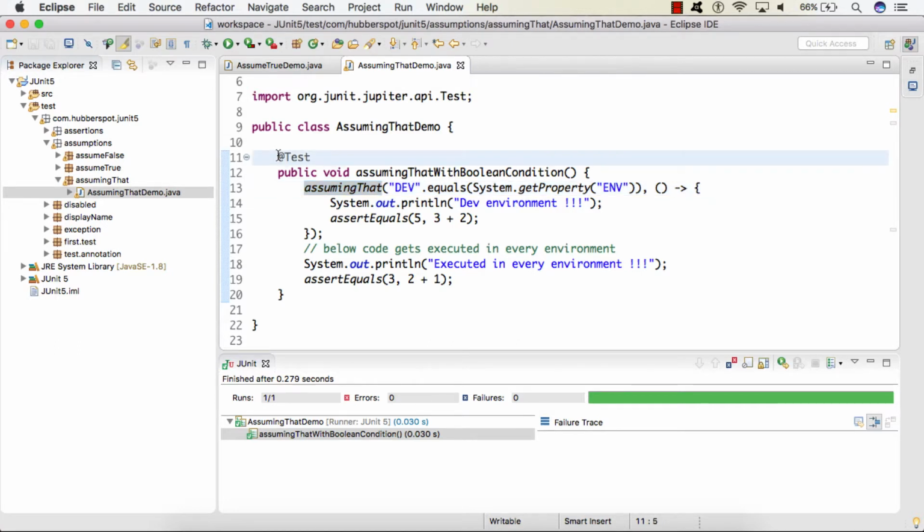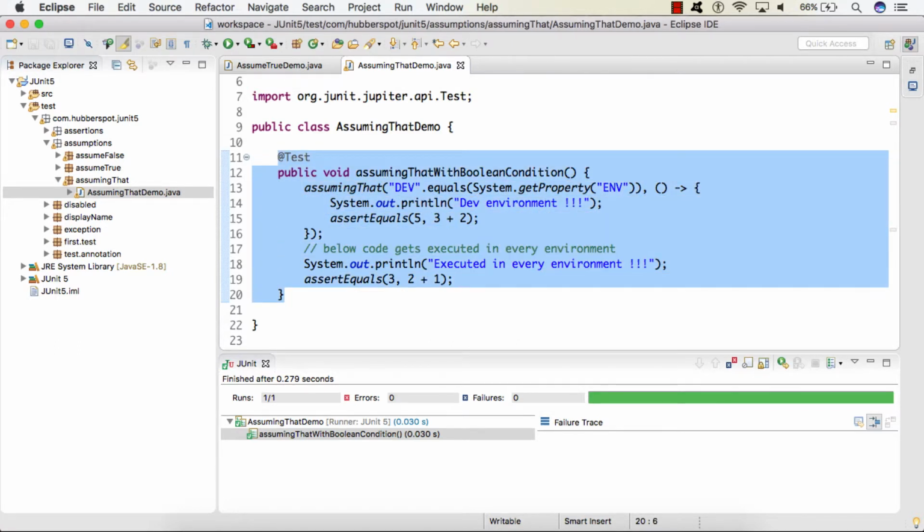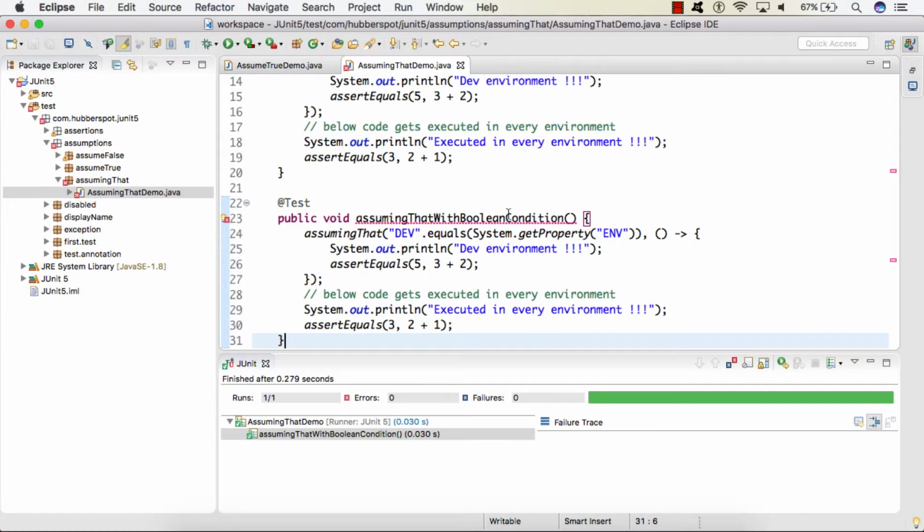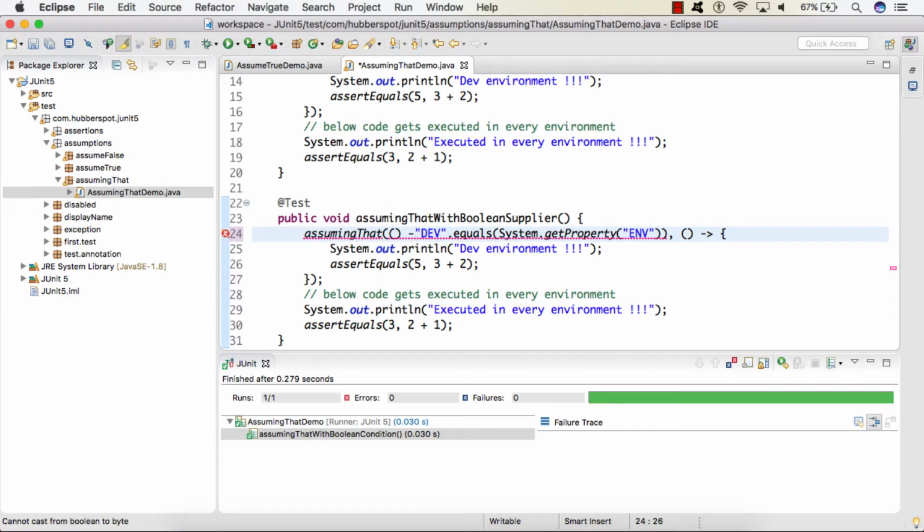So friends, here we saw the overloaded method which took a boolean condition. The other overloaded method, instead of a boolean condition, takes in a boolean supplier. So here I will give the name of the method as assumingThat with boolean supplier. The scenario remains the same. The only change is that we simply provide a lambda expression, something like this, which provides a boolean condition.